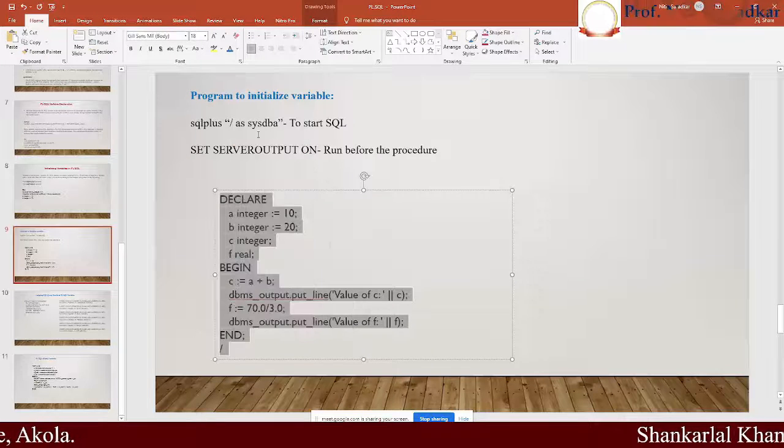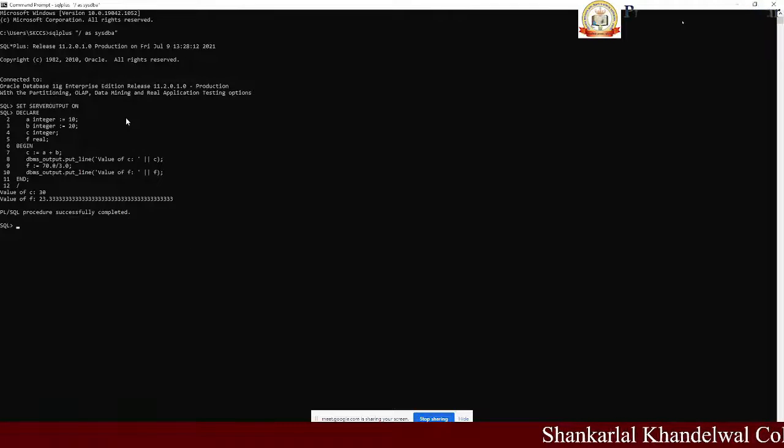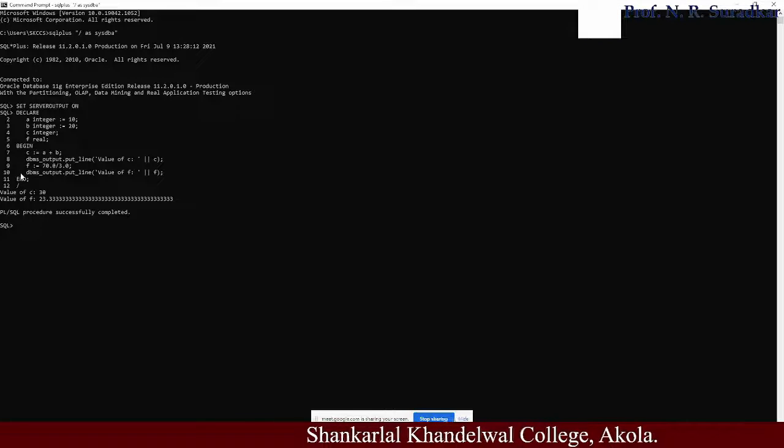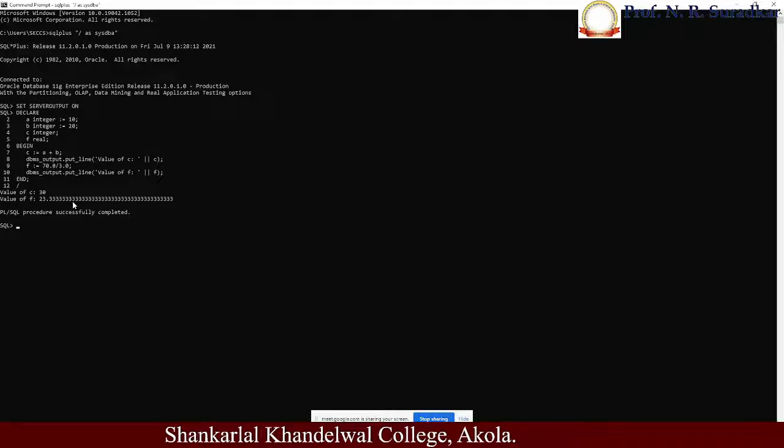Click copy, then go to the command prompt, click paste. When I paste it here, what happened? From declare to end and slash, all the part executed and the desired result is printed on this window.